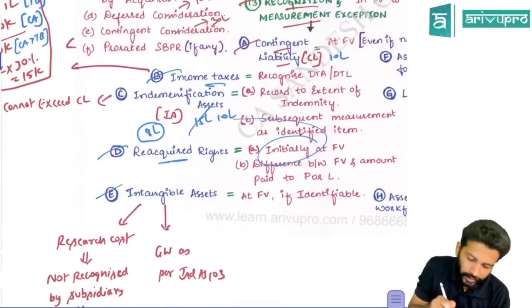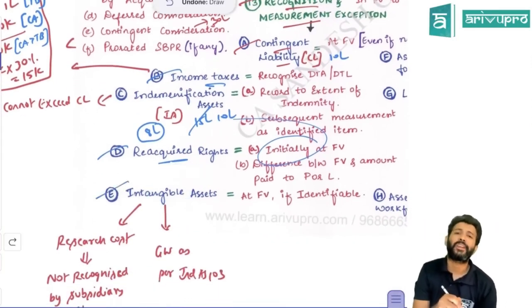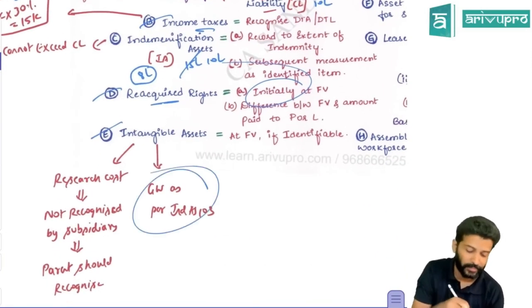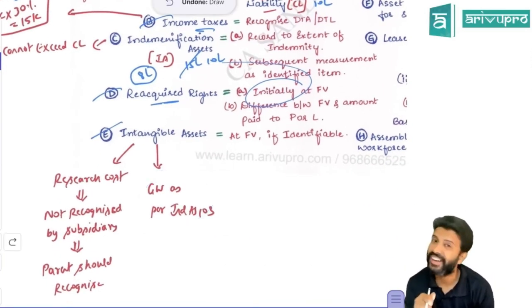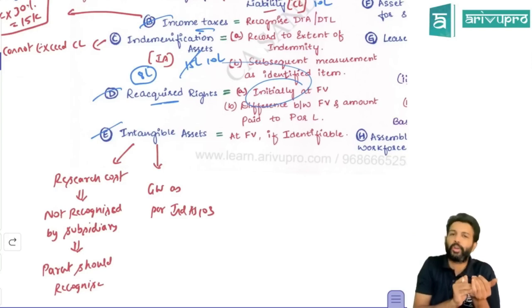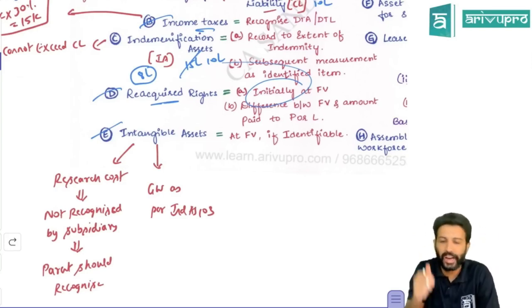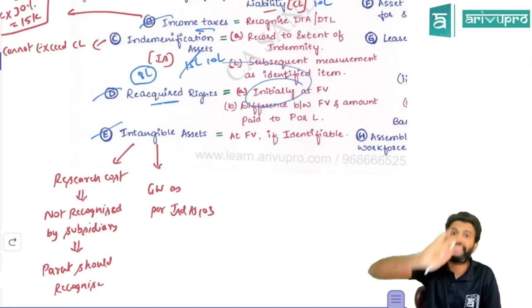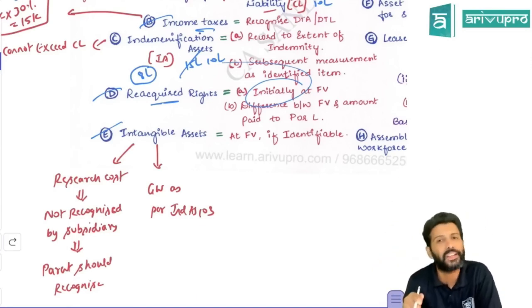Okay. Next is intangible asset. One intangible asset we record as per IND AS 103 is goodwill. Goodwill is not recorded as per IND AS 38 provision. I told you goodwill is recorded as per IND AS 103 provision. Because you purchase the business, you are getting a goodwill. So this is a purchased goodwill and accounted as per IND AS 103. How to calculate this goodwill and all? Treatment is not given in IND AS 38. Treatment is given in IND AS 103.